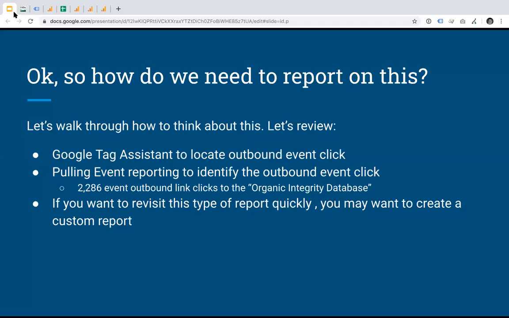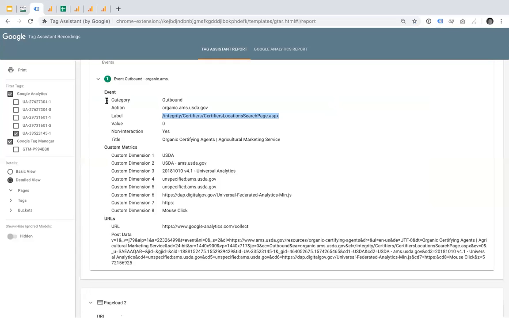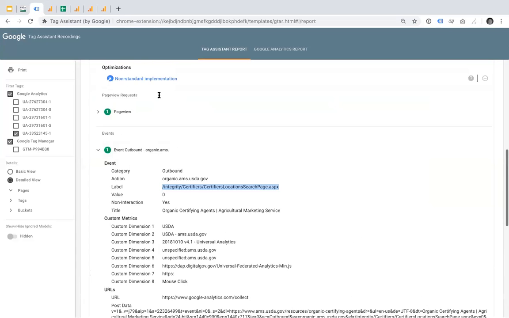Now, the main way that I'm going to debug this is I'm going to use something called Google Tag Assistant. This is a Chrome extension that you can add to your browser to see what events and what different tags are firing, what data is being collected. And I've already gone ahead and done this for you. What you see on my screen is looking at that outbound link event click into the organic integrity database located at